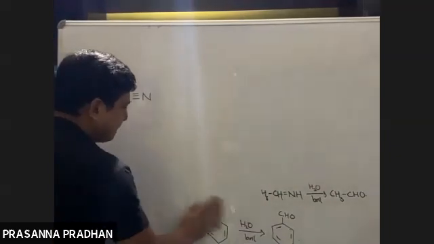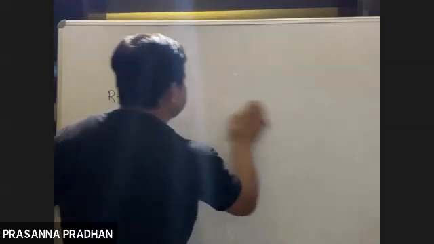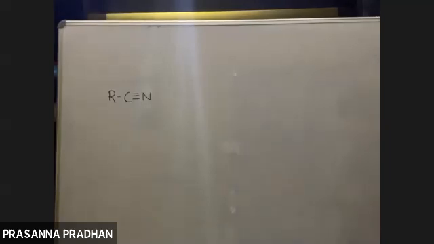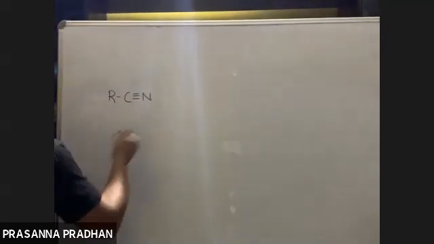So these days, questions like this tend to come in. Convert this into this, in not more than 2 steps. Okay, if it says not more than 2 steps, we can use Stephen's reduction because it takes 2 steps. But convert this to this in not more than 1 step. Then we cannot use Stephen's reduction because Stephen's reduction is going to take 2 steps. Now, what is the reagent?